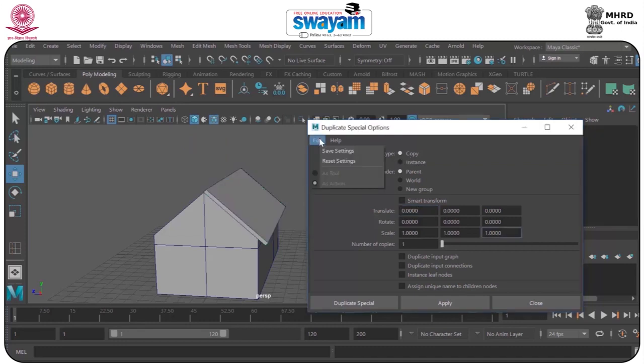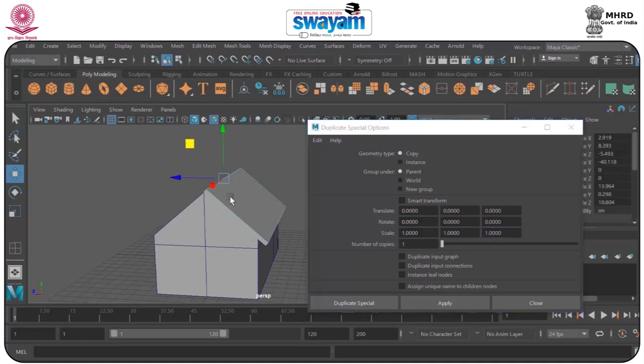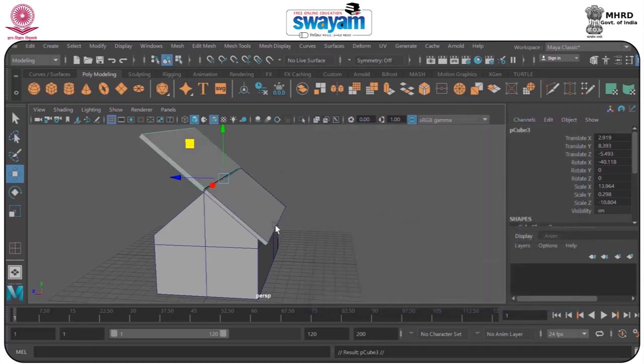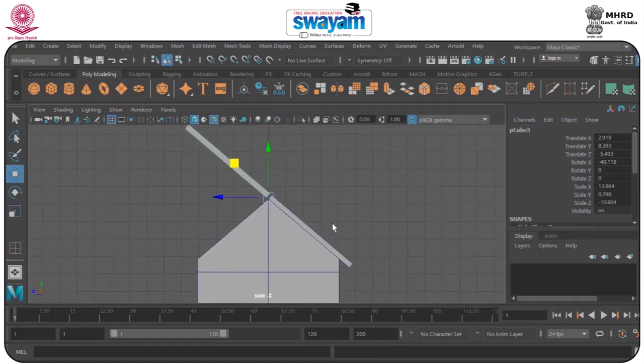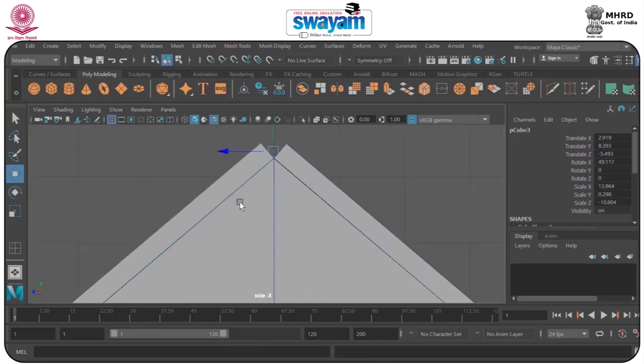So I will just go to edit and just reset the same, and as you can see the Z value is 1. If you select the model, it has 3 axes, the blue is facing to the Z, so I need it in this direction. What I will do, I will just select this part, and in Z I will just press -1 and apply the same. So right now it has been applied, and just manually rotate the same a little bit. Okay, no problem.